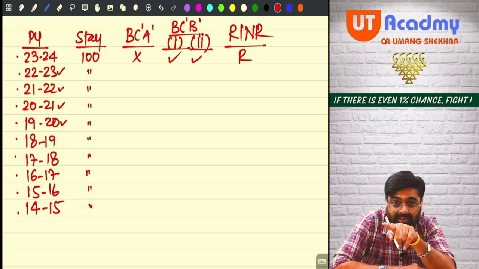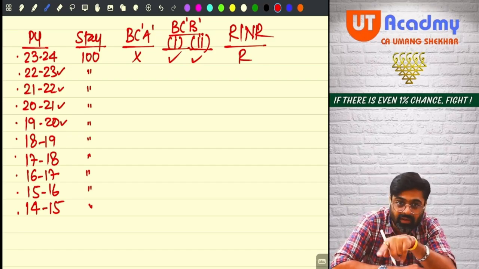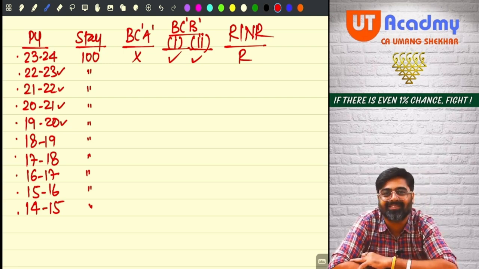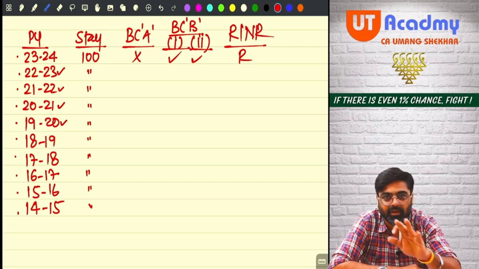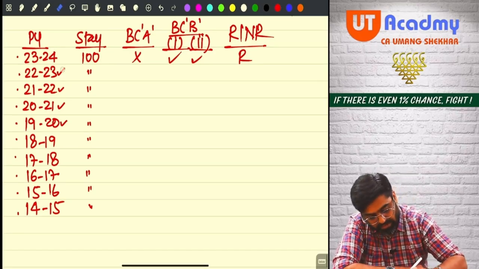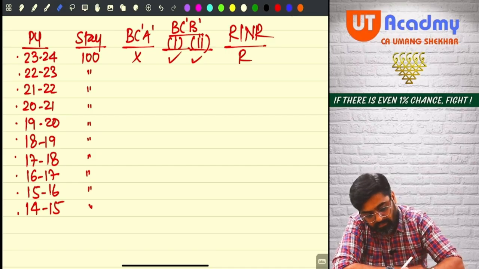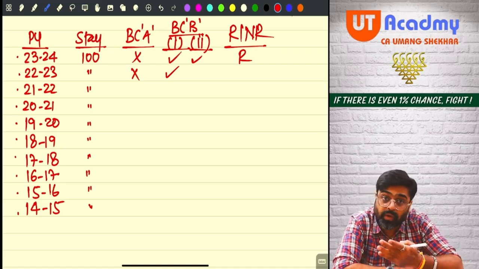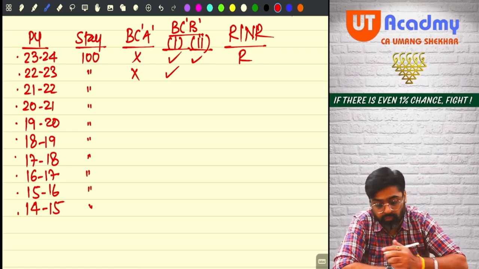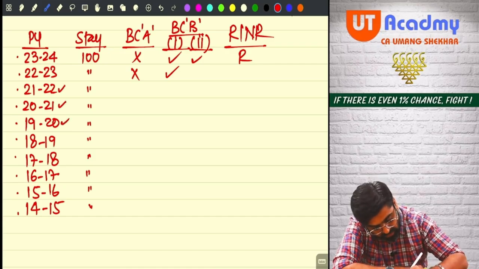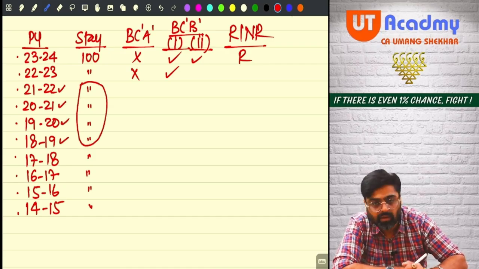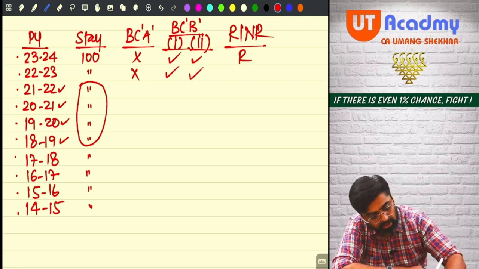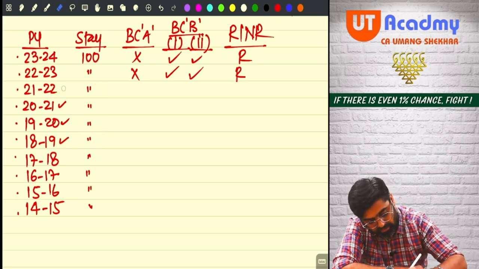Just like this, I will have to check the basic condition for all the 10 years, and I will have to find out the residential status for all the 10 years. Understood, no? So tell me, 20 to 23, which year, sir? 20 to 23. Basic condition A fulfilled? No. B part 1 fulfilled? Yes. Now 4 years prior to 20 to 23, I will have to check. 1, 2, 3, 4. What is the total stay? Again 400. It is more than 365, meaning this also fulfilled. Here also he became what? Resident? Yes or no, sir?